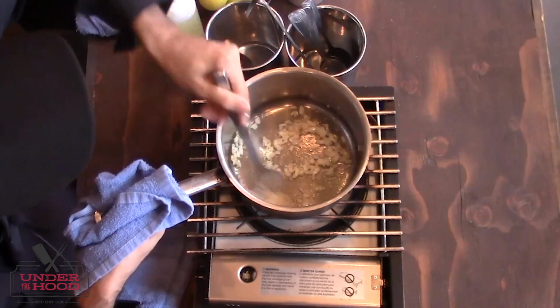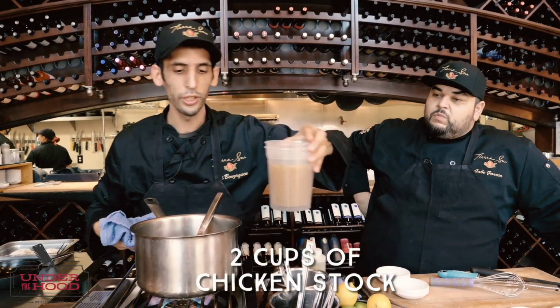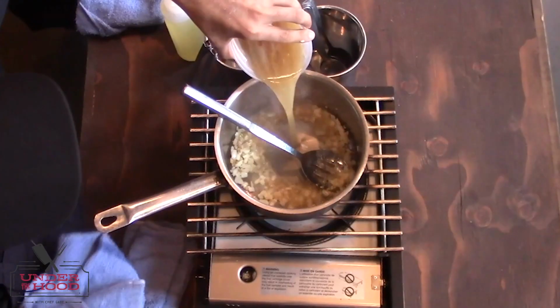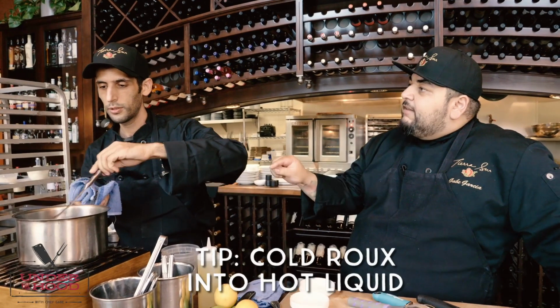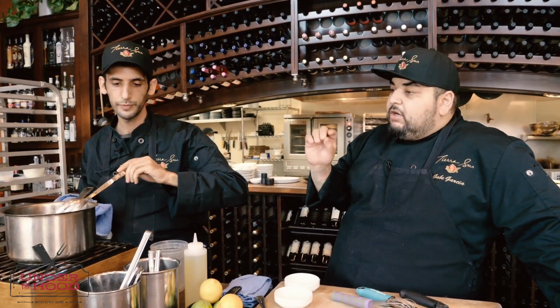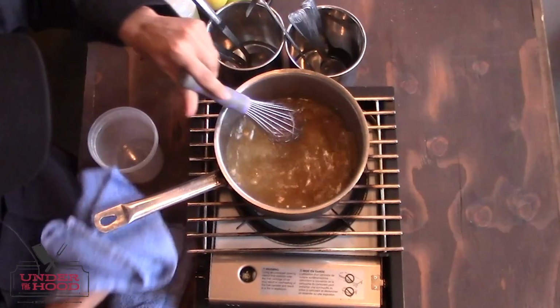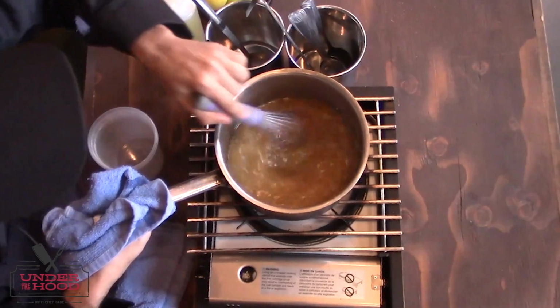And once that happens, you're gonna add in your chicken stock, about 2 cups. And we're gonna add cold roux to hot liquid, right? Yes, cold with hot, that's the trick, guys. So if you're gonna put cold roux into hot liquid or cold liquid into hot roux. So now we're gonna get the whisk, and once the chicken stock comes to a boil, we'll add in the